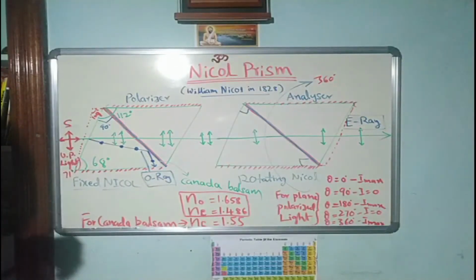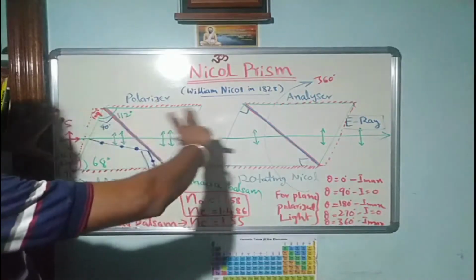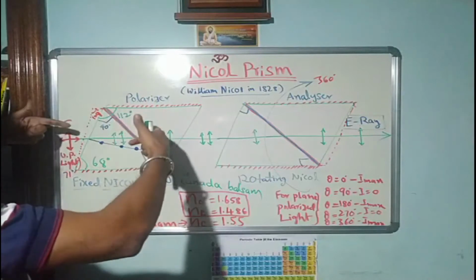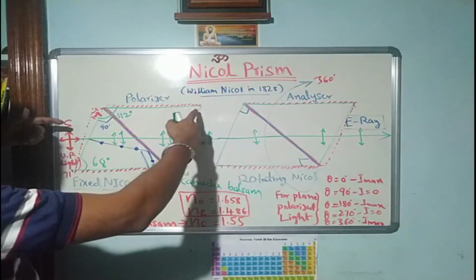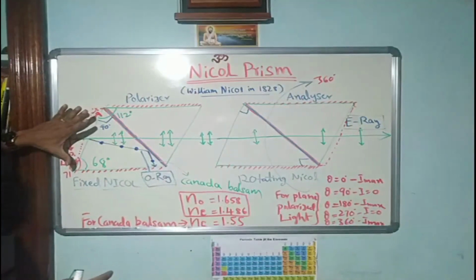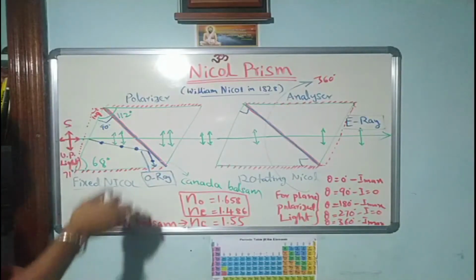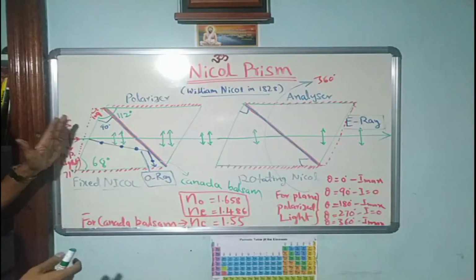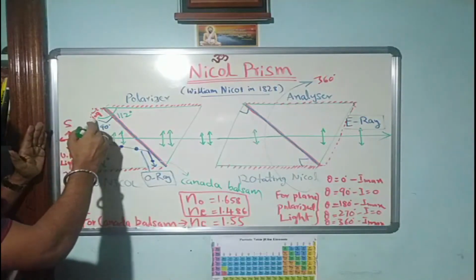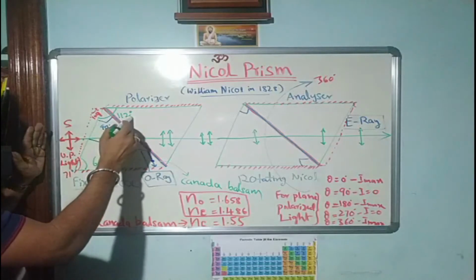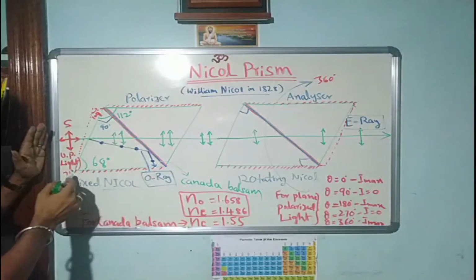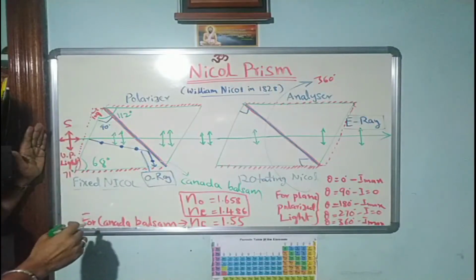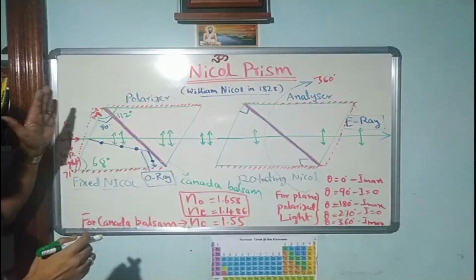He took a quartz crystal, or particularly a calcite crystal, in the form of a cylindrical shape whose length is normally 3 times greater than its breadth. Its angles are ground and polished in such a way that the angle is reduced from 109 degrees to 112 degrees at one corner, and at the other side the angle is reduced from 71 degrees to 68 degrees. It is ground and optically polished.